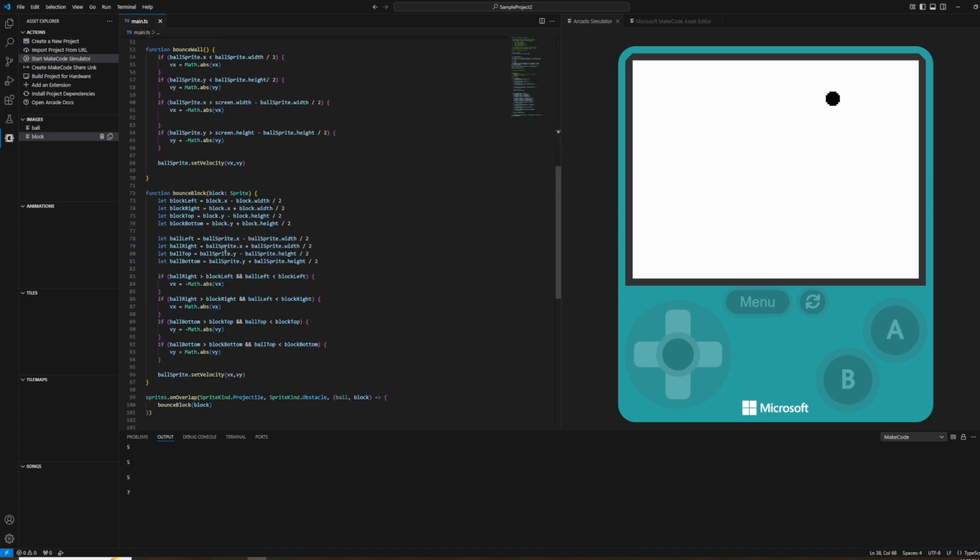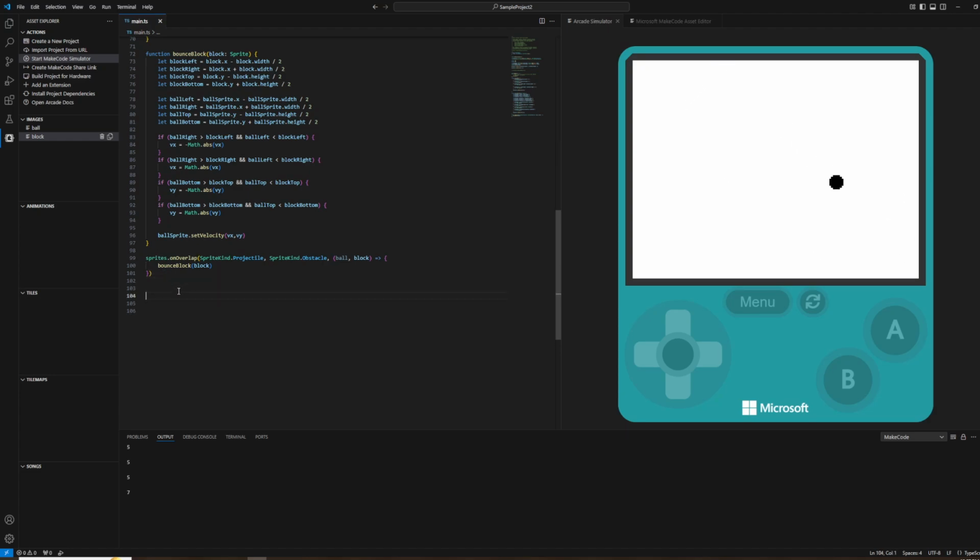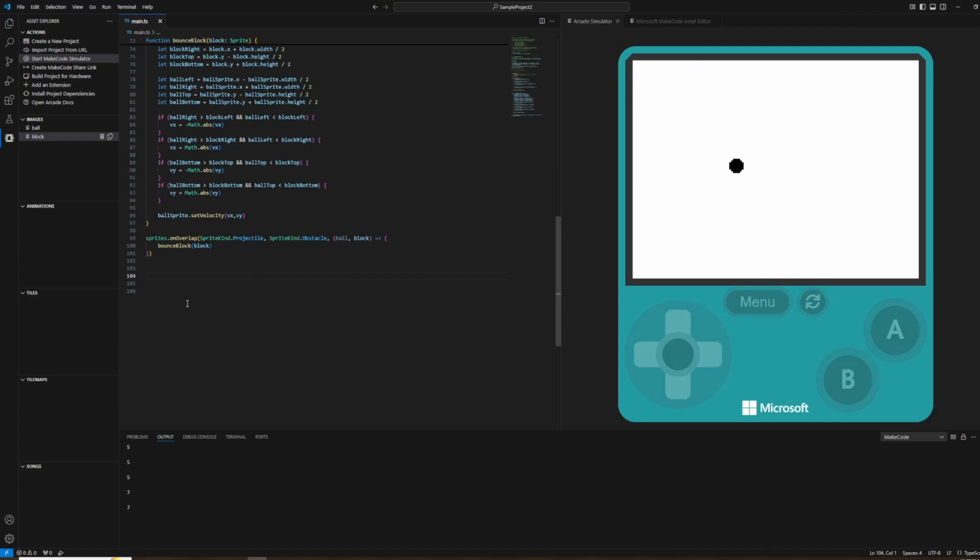So what I would like to do now is create another function that's going to place sprites in these positions here. Basically, it's going to fill the entire screen up, and it's not going to be very productive because the screen's going to be way too full. But we're going to say function place blocks, and then from here we are going to create some for loops. We've worked with for loops before, so basically we're going to iterate through the width and the height. Maybe the outer one will be the height, that way it goes left to right, top to bottom. So we'll say for let i equals 0, i is less than blocks high, i plus plus,